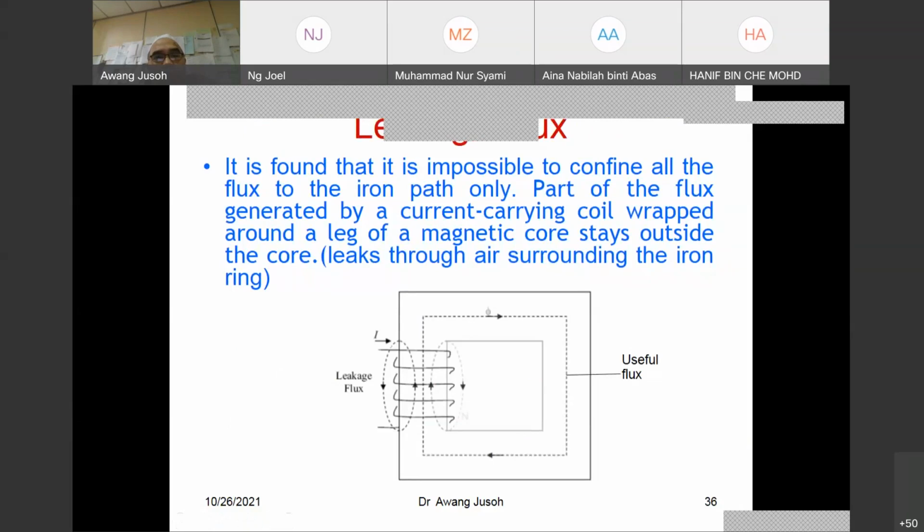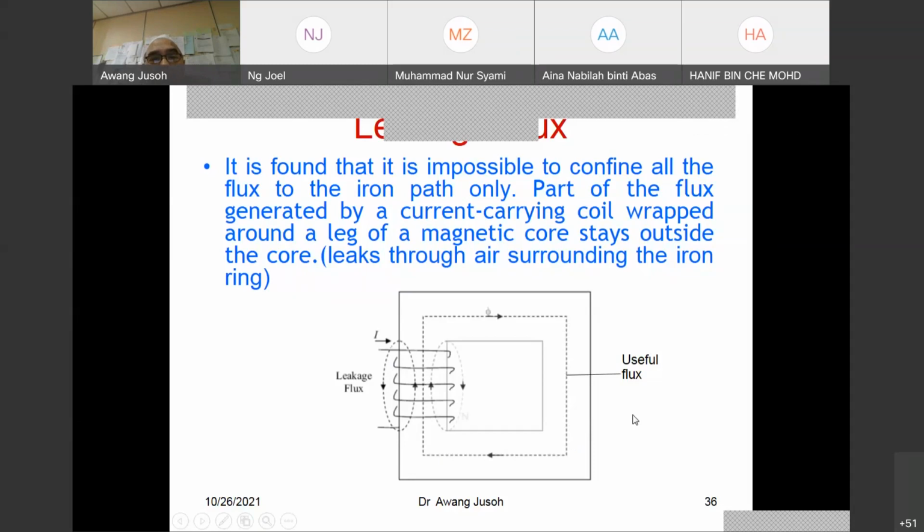It's flux leakage. What is flux leakage? Flux leakage is basically when we wind the wire, not all flux is useful. Some of that will go this way. They will follow the outer line there because of the wrapping problem and so on. If we do not wrap properly, then some of the flux will come out like this. So this one we call leakage flux. The most important is the useful flux, the flux we use to drive our application and so on.